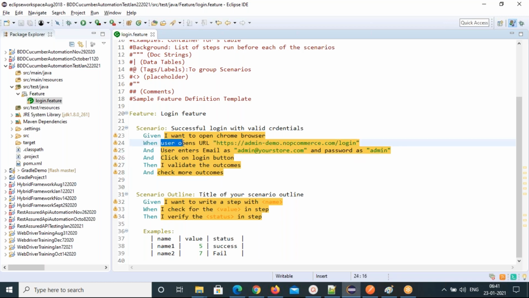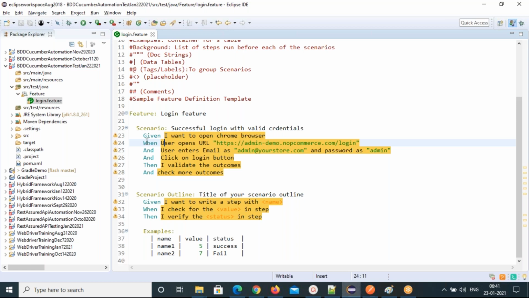This is the one. See this, and is used when multiple actions are going to join with the when keyword. That's why I'm writing multiple and keywords.